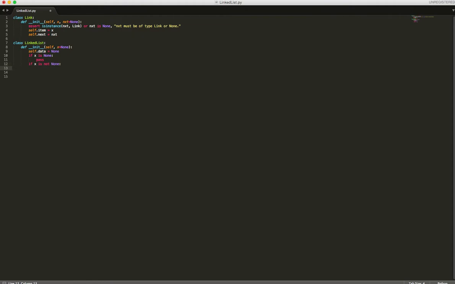Well, we have to add everything in x into self.data. So we're going to assume here that x is iterable. There's a way to check for it, but we're not going to go that in depth into Python because that's just some advanced stuff. So we'll just assume that it's iterable. If it's not, an error will be thrown anyway. It won't have as much of a useful error message, but whatever. So we'll do for i in x,